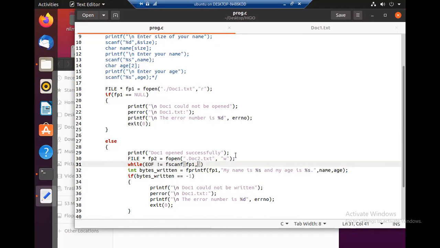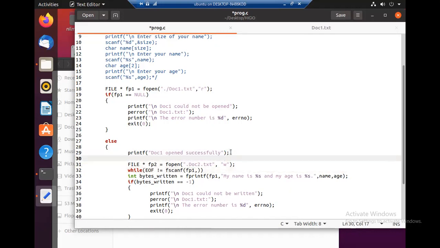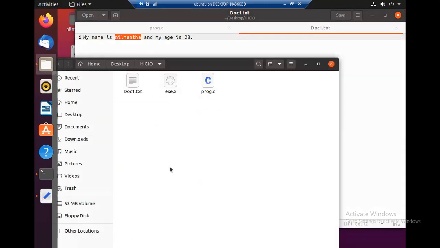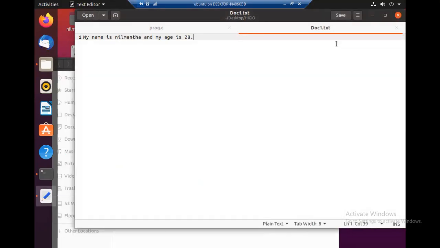Before that, we also have to create some memory to store these words. The highest word size is 9, because it will store word by word.